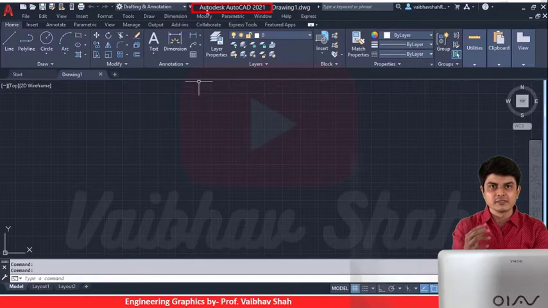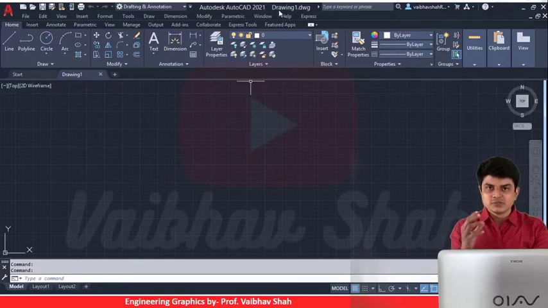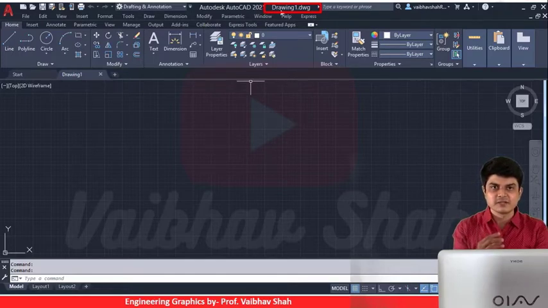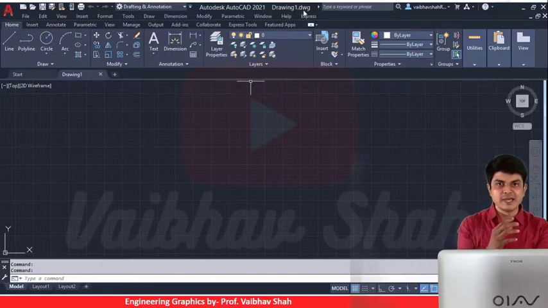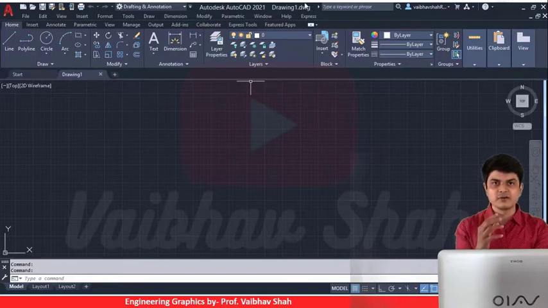This is showing the version of my AutoCAD. I will be using version 2021, which is the latest version. This is your drawing.dwg. This is known as your title bar, or task bar. You will have your titles there on the title bar. Here I have the name drawing1. Drawing1 is my file name and it is denoted by the .dwg extension. Always remember, an AutoCAD file has the extension .dwg.